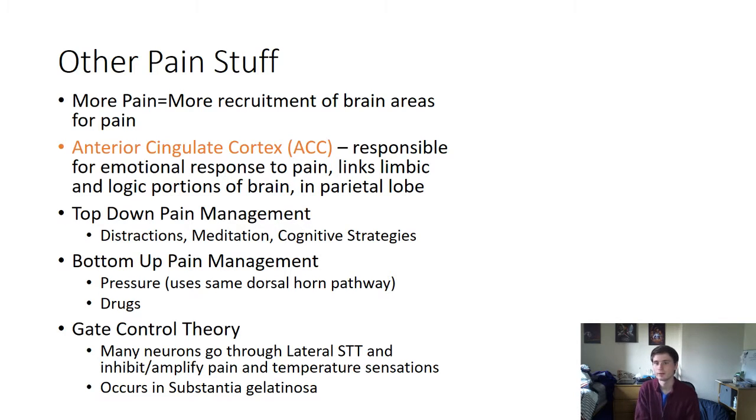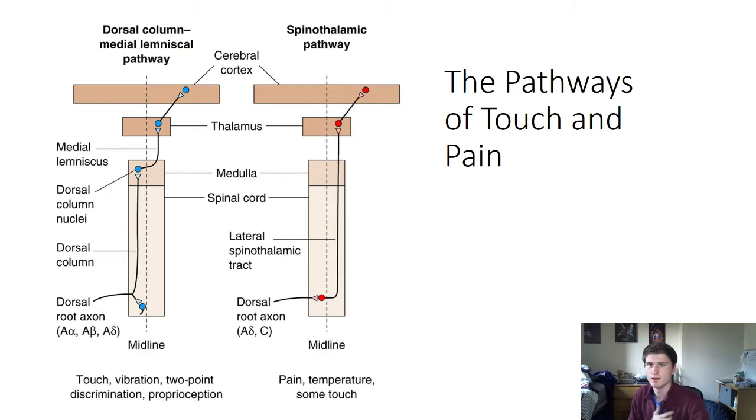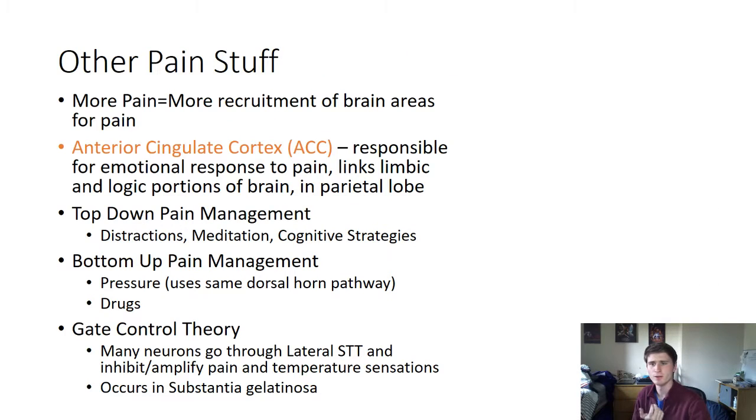That's probably a good thing. But you also deal with like the spinothalamic pathway deals with both pain and pressure. So using that logic, if you're pressuring, you can't feel the pain. And that can be helpful for dealing with your pain, at least in the short term,